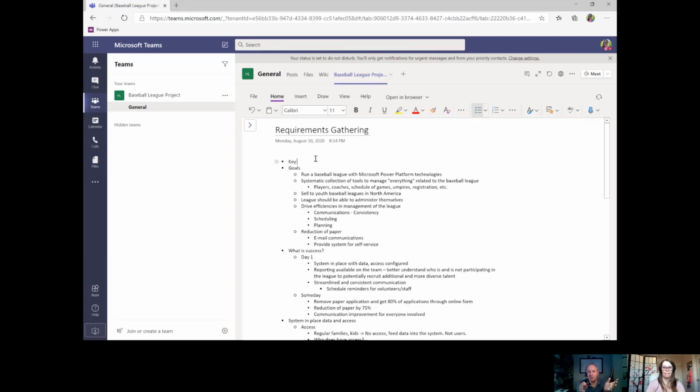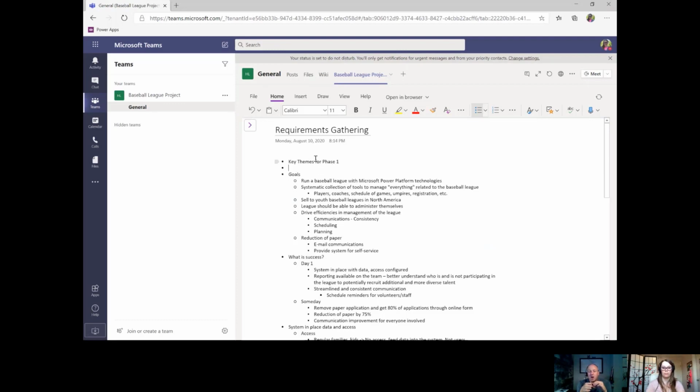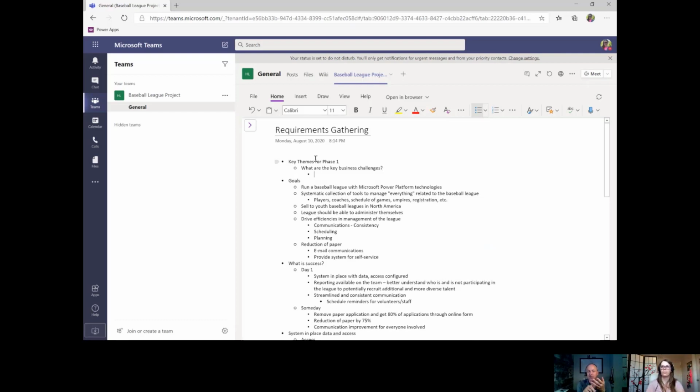So after we did it, I was reviewing the notes and reflecting on it. One of your initial questions was, what are the key business challenges, which is a great place to start any project, because that's ultimately what we're trying to do, is solve some business challenges. And I think three things floated to the top of the list for me. Number one, in our fictitious little example here, we have an organization where we've got a lot of data from previous years